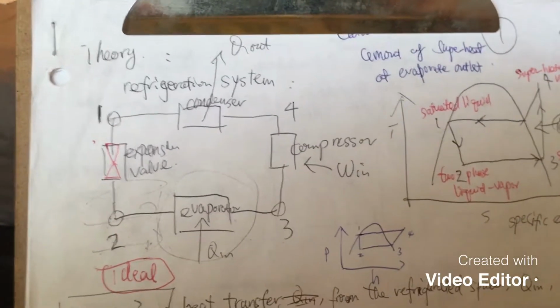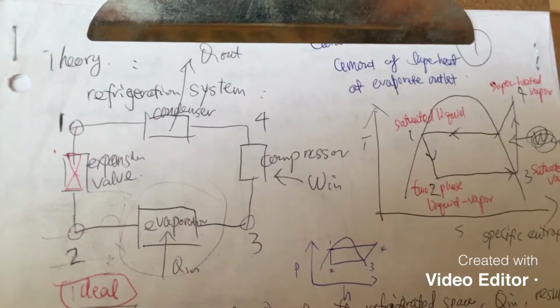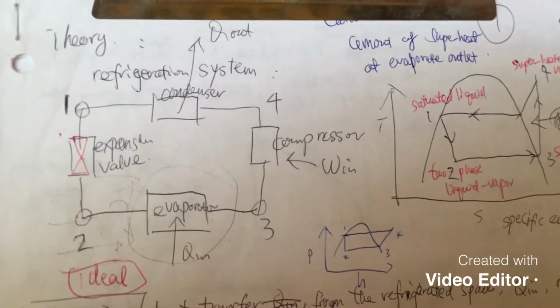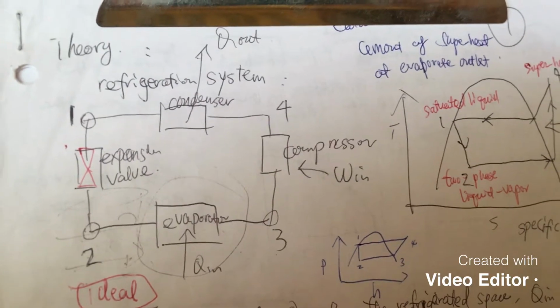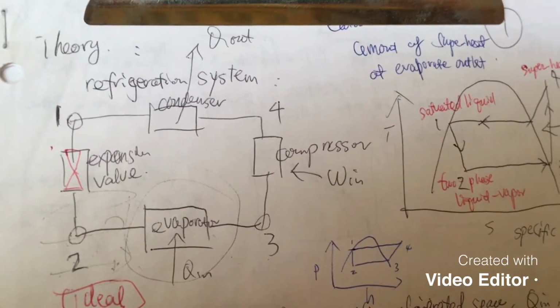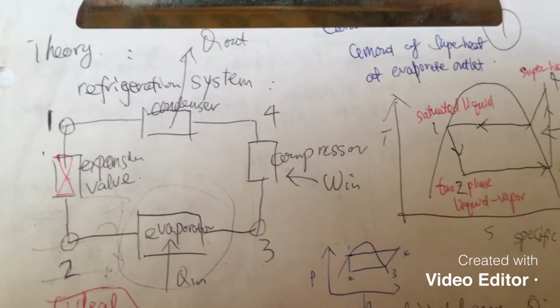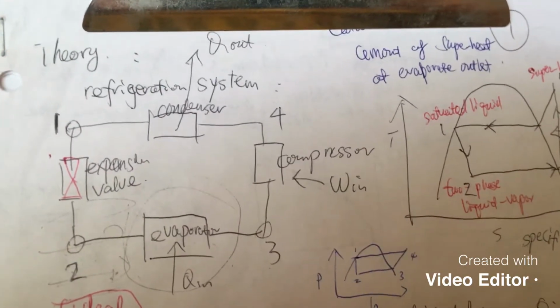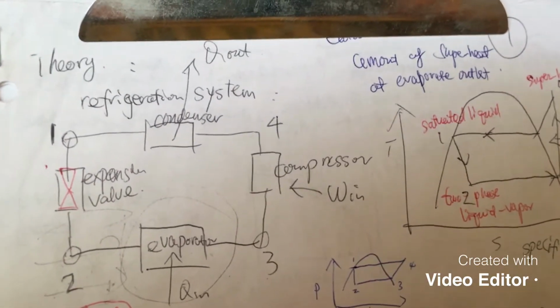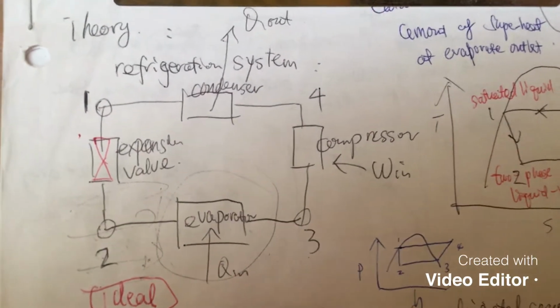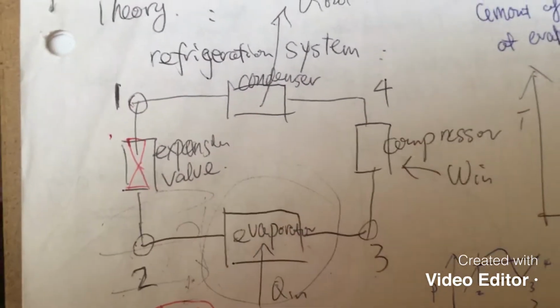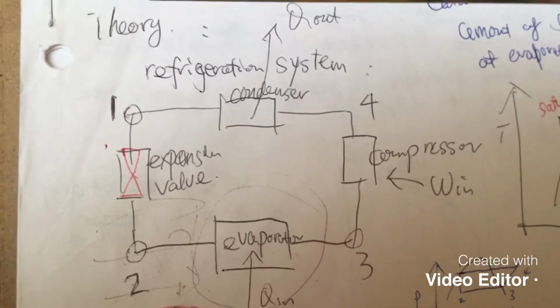Okay, now let's look at the theory of the refrigeration cycle. So the first question is, in a refrigeration cycle, how many components? Obviously, you know, there are four major components, right? So let me draw this refrigeration cycle diagram. Okay, you will see